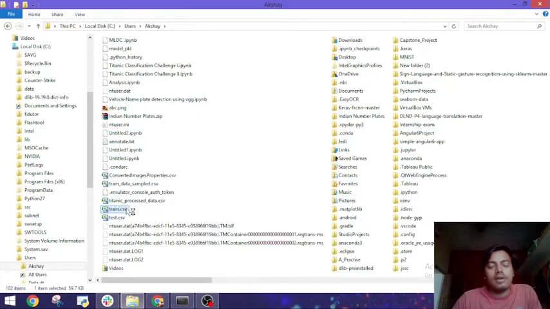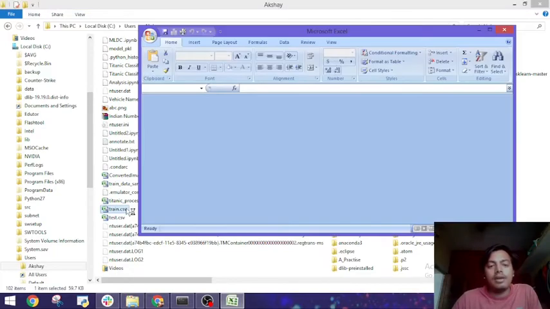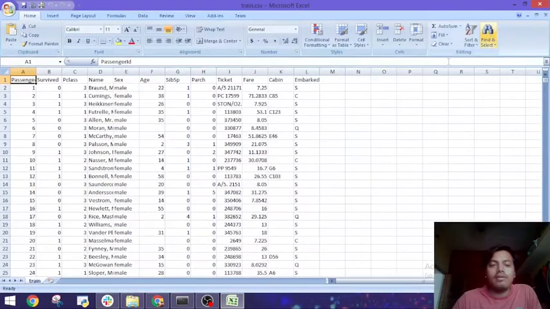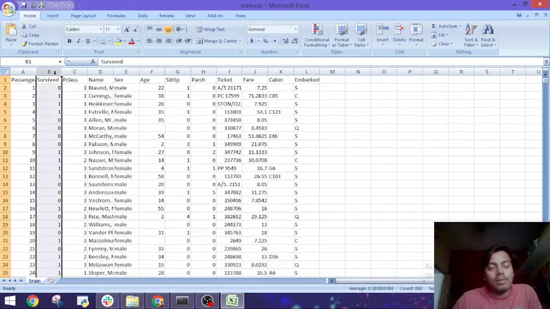So this is my train.csv and the other one is test. There is nothing different between both. The only difference is that in train you have your dependent variable, survived, and in test you don't have it. So these are the features, okay, and this is my dependent variable here, survived, and all the others are my